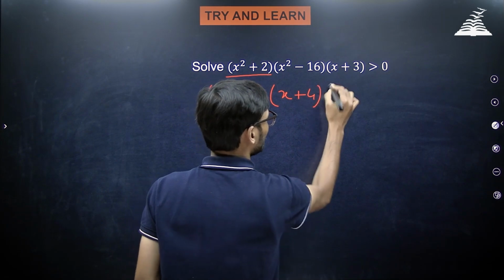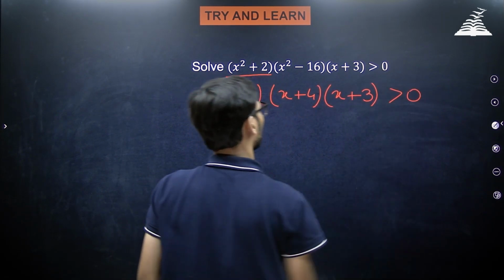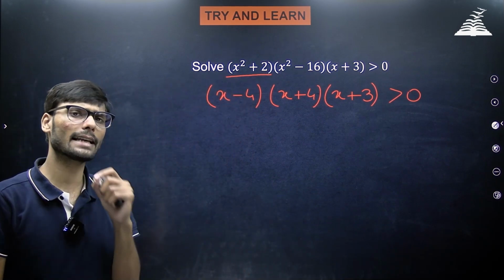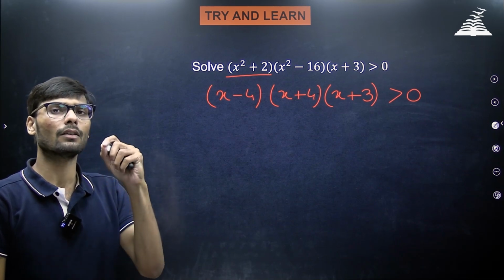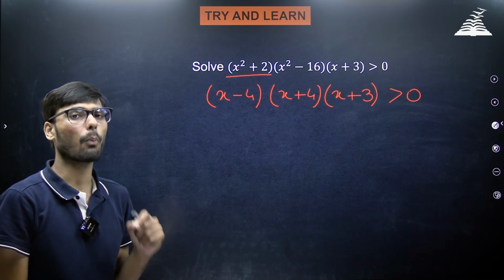And x plus 3 is greater than 0. This time we are dealing with a strict inequality. Okay. So now we will verify step 1. Is the sign of